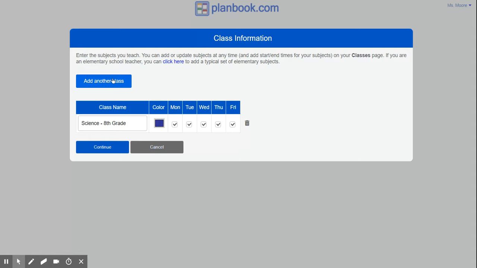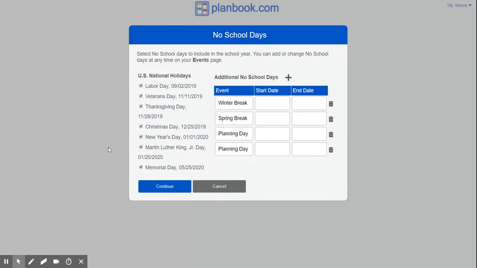You know that you're going to monitor and adjust as you go through, but you're probably sticking to the same lesson plan. If you have other classes, you can add them there and go through the same steps. I'm going to continue. Okay, this is very important because